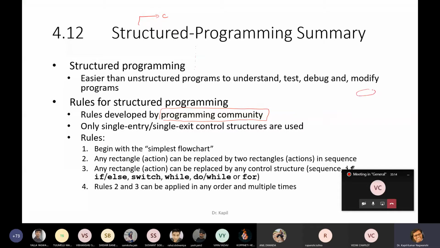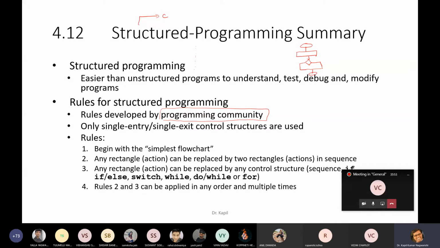Suppose this is our program. This program has an if structure with true and false branching, then certain statements, and after that it will stop. So what is the meaning of single entry and single exit?